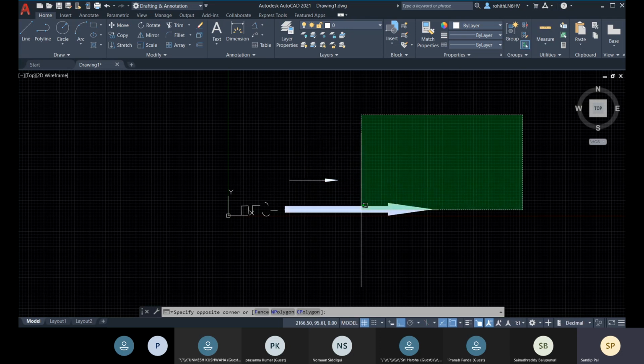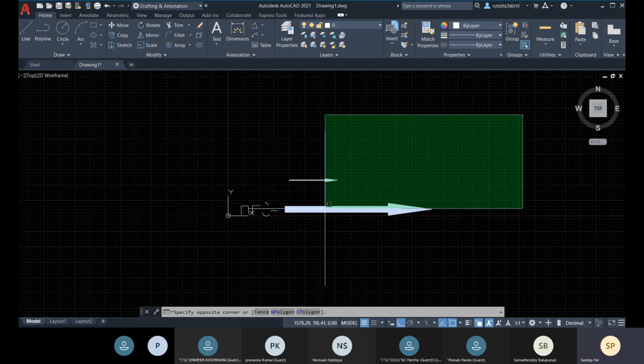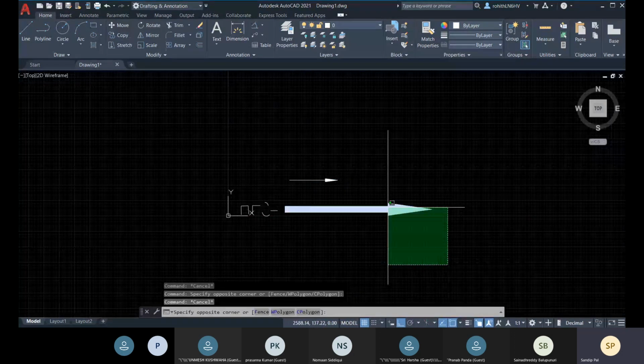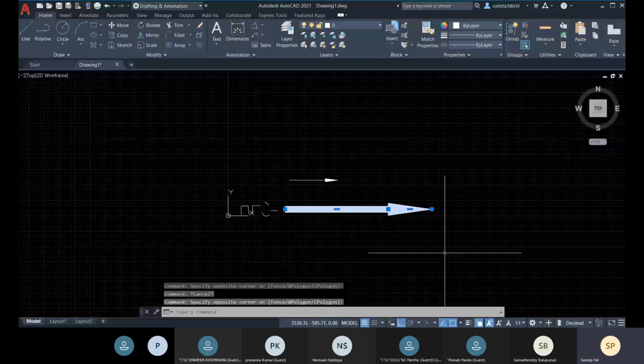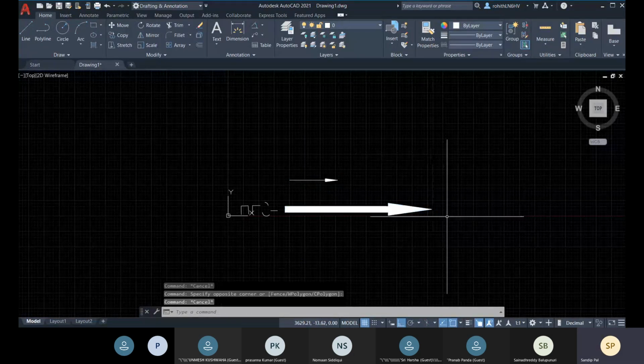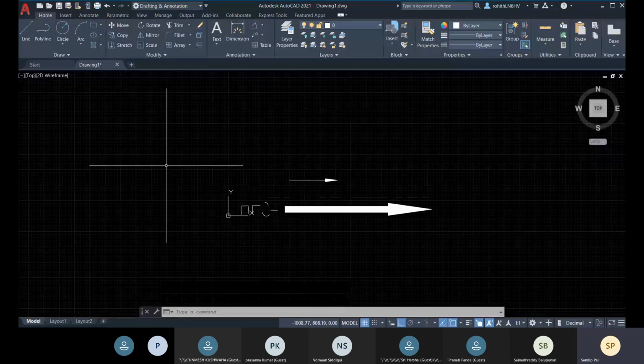Just see that I'm just crossing, right? I'm just crossing, and these two objects are selected. So this way you can simply select. These are the two window selection options. You'll be selecting this way.